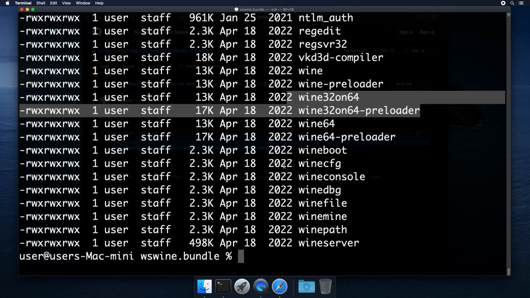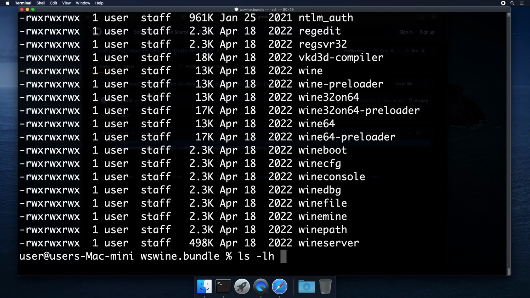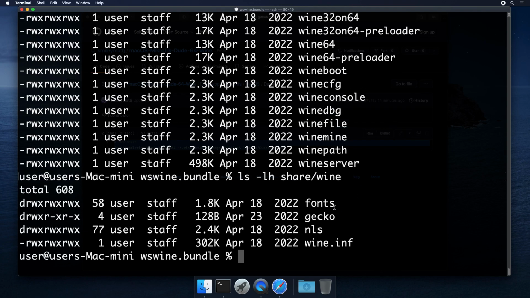There's another thing I need to show you with Wine. We have Gecko right here. Sometimes we might have Mono. These are two optional features of Wine. Gecko is Internet Explorer, and Mono is the .NET implementation.